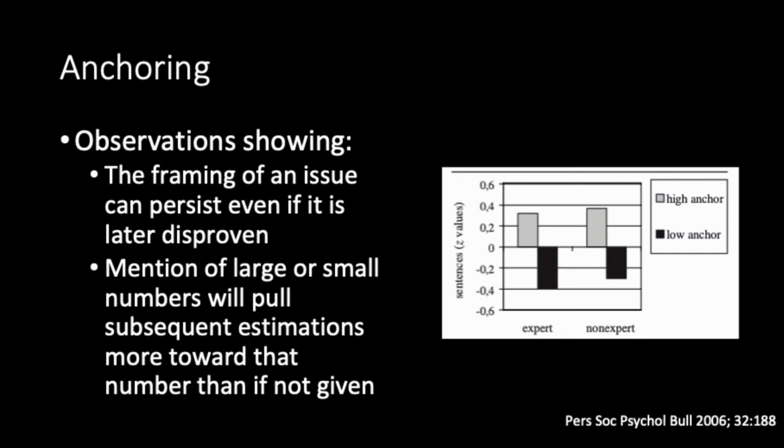And one particularly interesting experiment related to this is when trial judges were asked to roll dice before handing out sentences. And those sentences that were given after a large number was shown on the dice were longer than those handed out when the dice showed smaller numbers. And this had no bearing on the duration of practice of the judges doing this. So it turns out to be just a basic human fallibility that can be exploited by